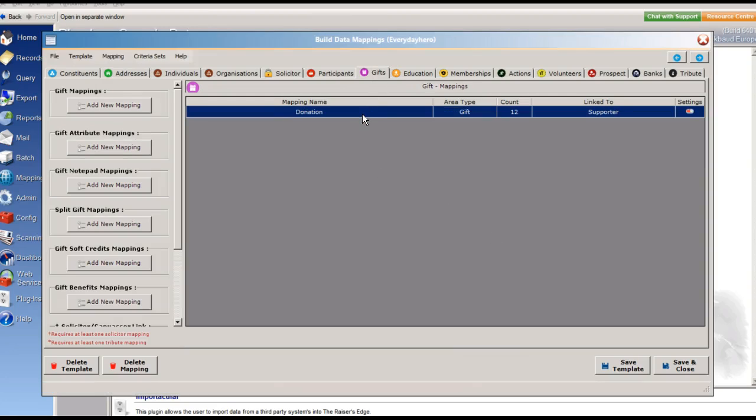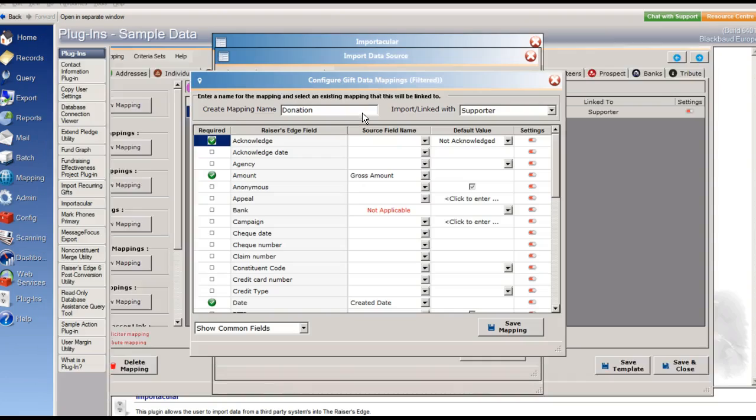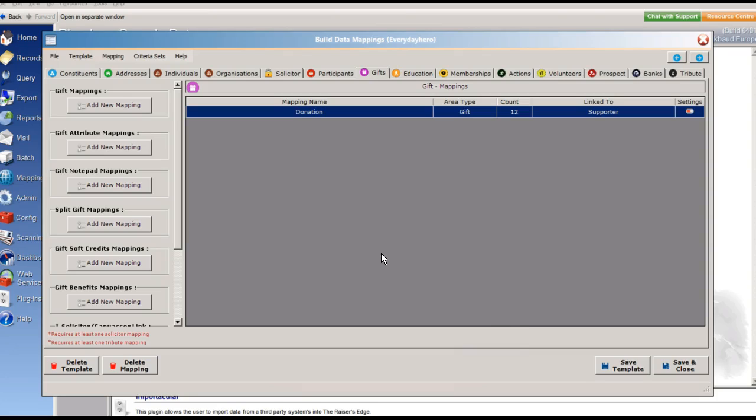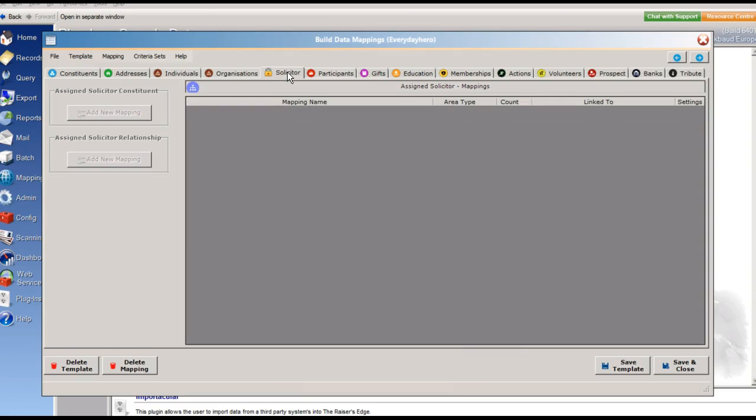And then finally, I've set up the gift, I've got the donation here, and I've got the amount, the date, and all of the required fields filled in. You could also add a soft credit here for your main donor or a split gift, or you could use the solicitor area to add a solicitor constituent as well. Again, this is one of the paid areas. Okay, so let's save that